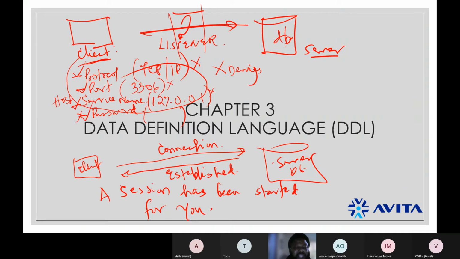That is, you are connected to the database. You can now use your privileges to do all that you need to do on the database.